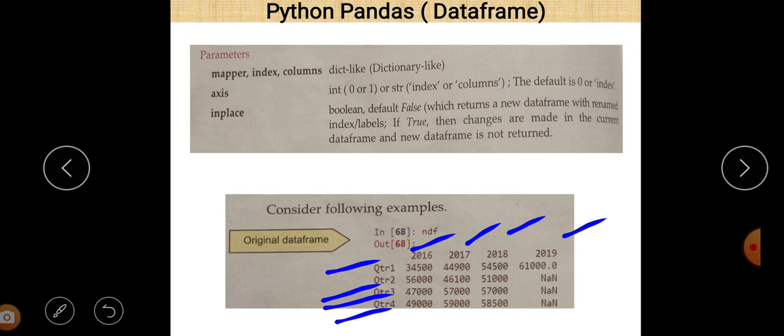These are the 4 rows in it. And there is certain data like 34,500, 56,000, 47,000, 49,000. And here you can see that there is some data represented by NaN.